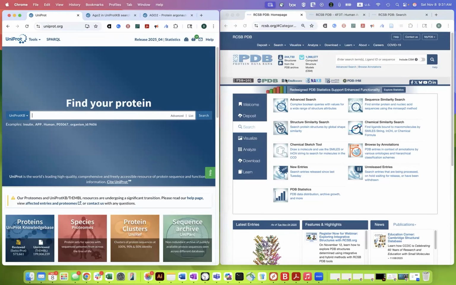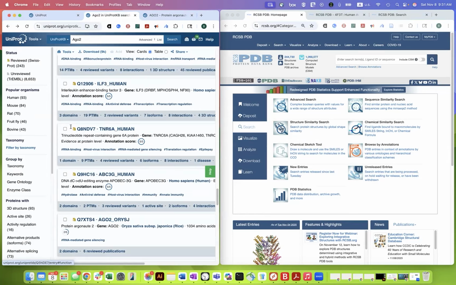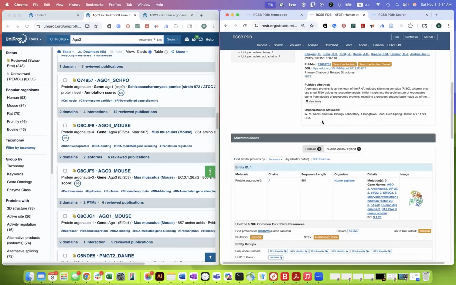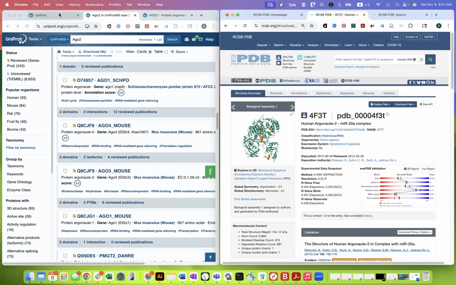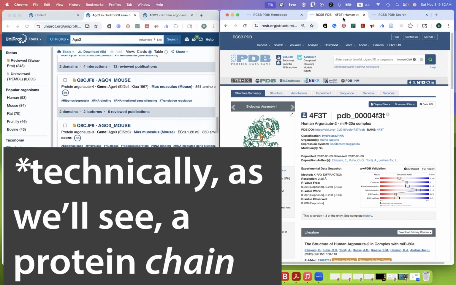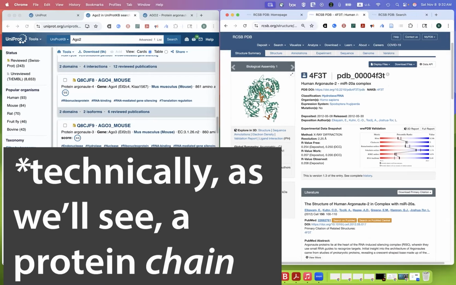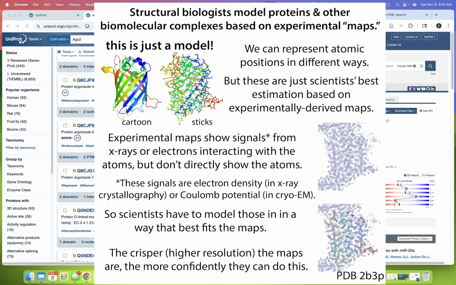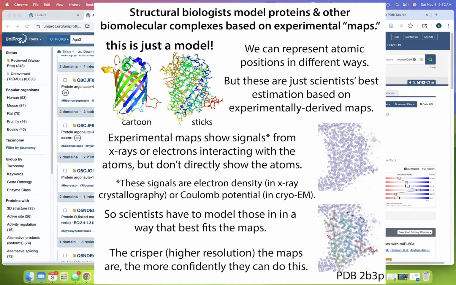UniProt versus the PDB. Both of these have really important information about proteins, but there are some key differences. Each entry in UniProt corresponds to a protein, whereas each entry in the PDB corresponds to a structure. Technically speaking, a structural model. And so, like an X-ray crystallography structure or a cryo-EM structure, or they actually have AlphaFold